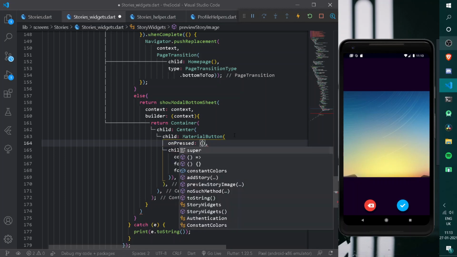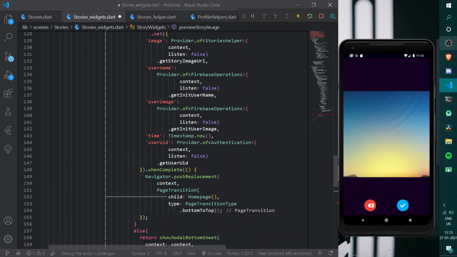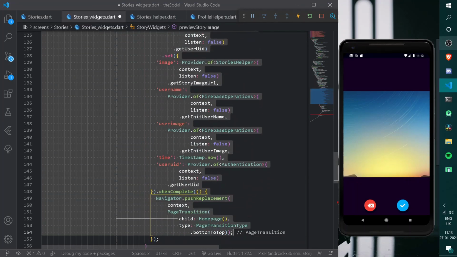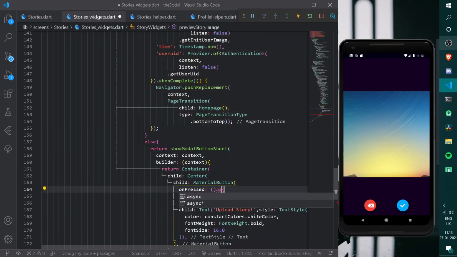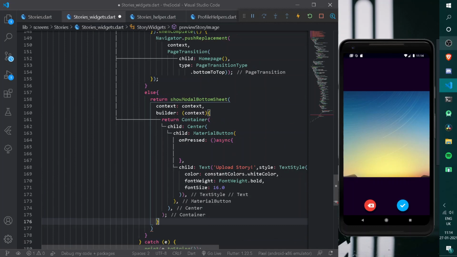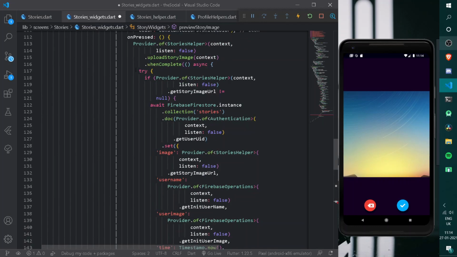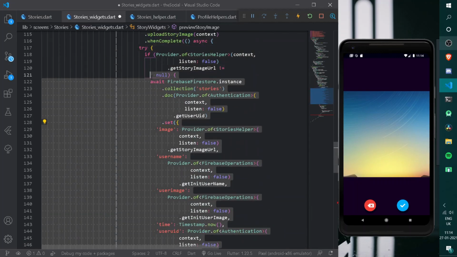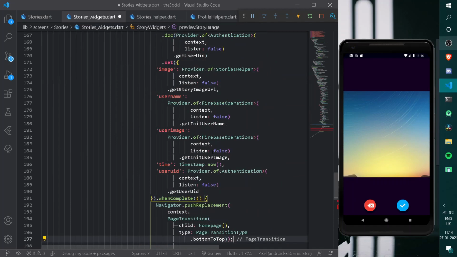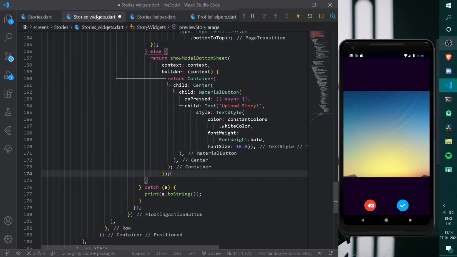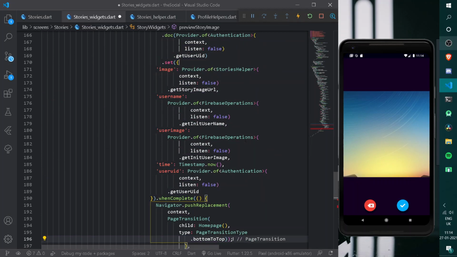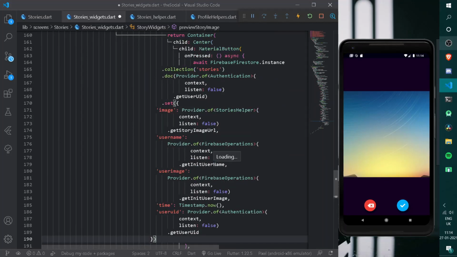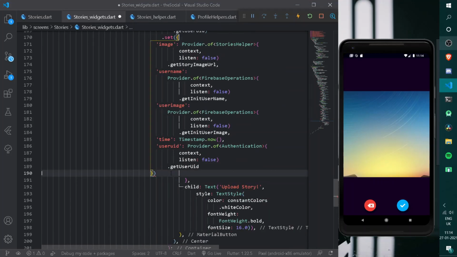So on pressing over it, I can go to the top and copy the entire thing from await till page transition. Let's make the following thing asynchronous and paste it here. On tapping over it, we can go to the top at our entire process of setting data. So I can simply copy the entire thing and paste it under our onPressed property. So format document once, and here on tapping over it let's paste everything here. Now on tapping over it we can copy the entire Firebase thing and paste it here. Easy.